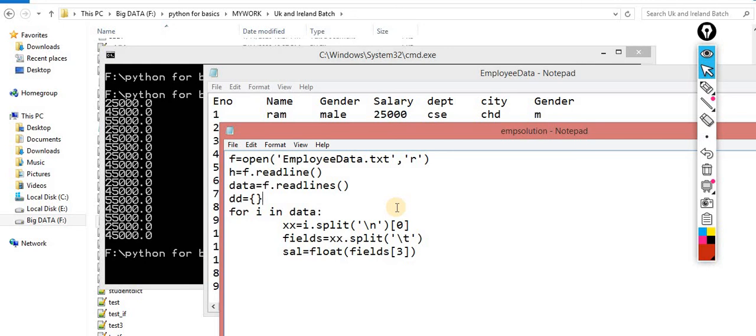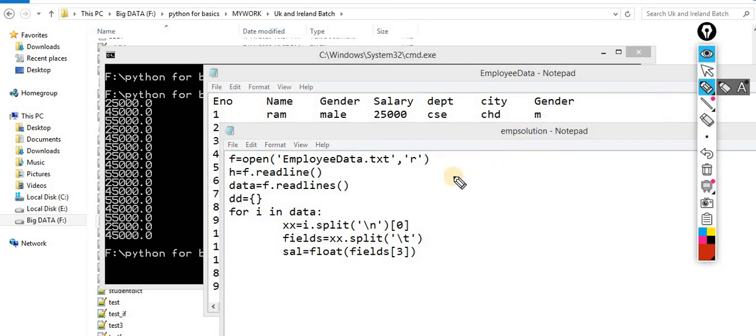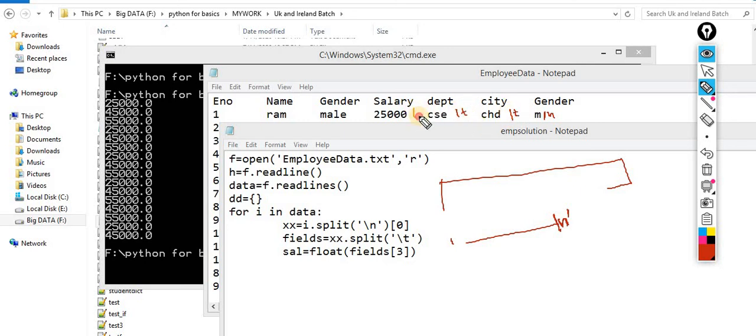I also have one query, sir. Anji, please. Sir, what is the role of the zero index here? I already told you, when you read the data, automatically the \n is also read. The entire line is read, and after that the \n. I don't need this \n. \n means you have to press enter after this. Here the \n is not a visible character. When we read in file handling, that is a special character, as you see here with \t. The \t is not visible, but when we read the data, it is automatically there.